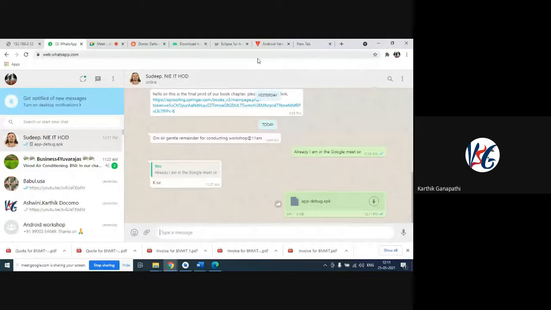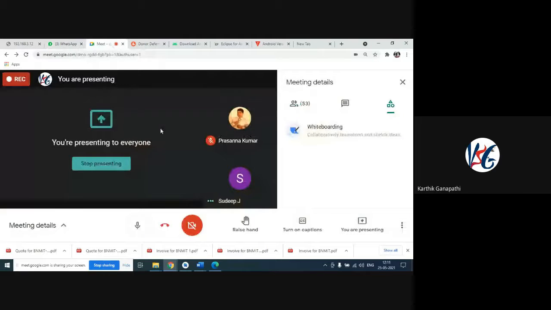So, Sudeep sir, is it possible to get the APK file? Sir, yes, sir. I was able to get the APK file and I shared it to the class groups. Yes, sir. You just click to open that file, sir. Yeah, it is asking me to install it. Please check whether it is possible to install on your phone, sir, and the application is working. I'll check it, sir, for just a minute. Yes, sir, I'll be waiting.